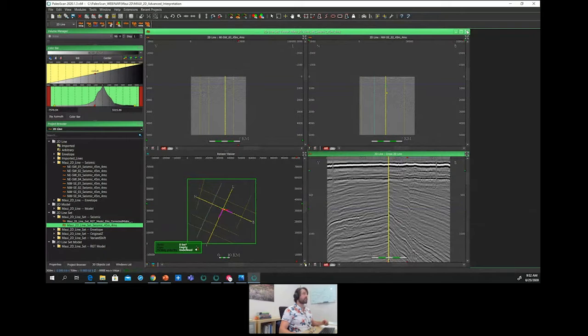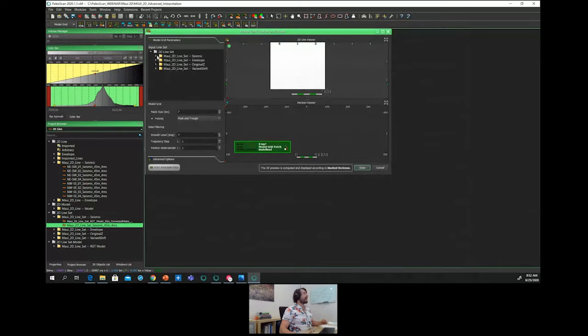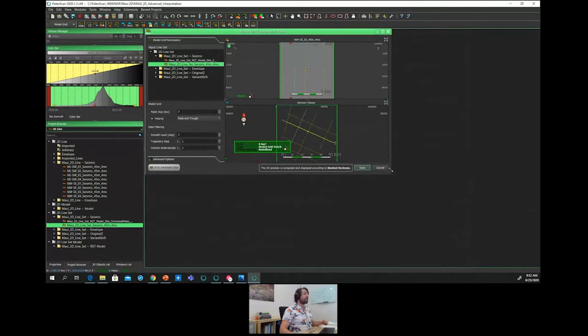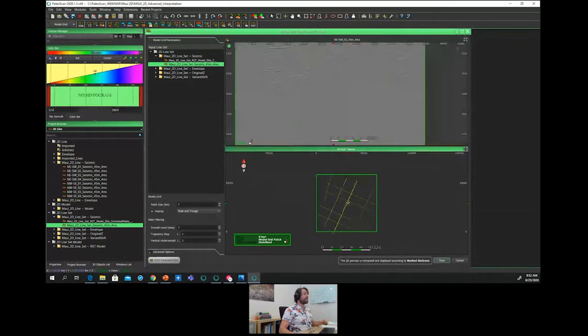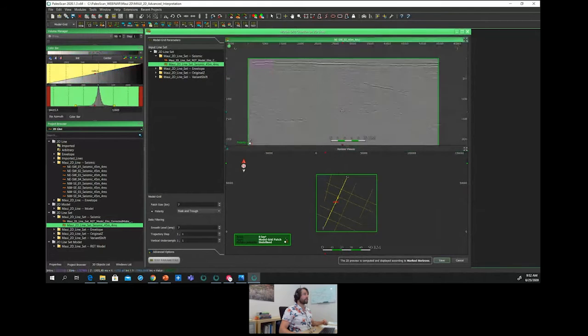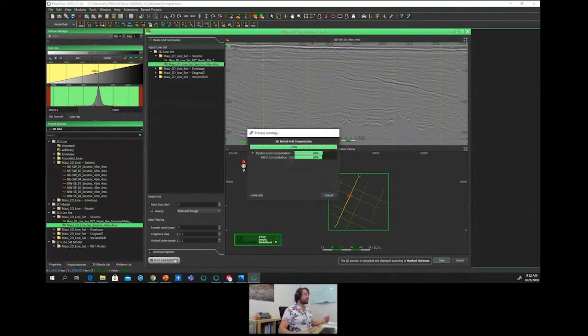interpretation process. So I will close this viewer, and I will directly switch to the creation of the 2D model grid. So I will create a new 2D model grid. Since I have created a 2D line set, this one, I simply have to ask PaloScan, while navigating through the data, to generate the preview of the model grid.